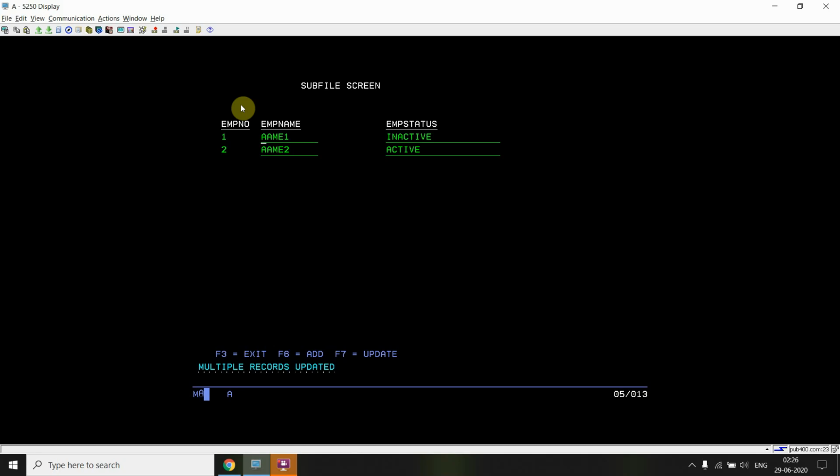Okay, so if I update only one value, for example, again do it name 1 and press F7, I can see one record updated. If I press F7 without updating anything, I'll get no record updated, right? In case I remove all the fields and press F7, all the fields get highlighted because all the fields are in error right now, and the cursor is positioned on the first one. As you can see here, this is the cursor. If I write something here, because employee name cannot be blank, validation is there.